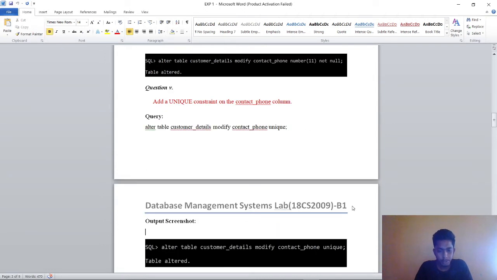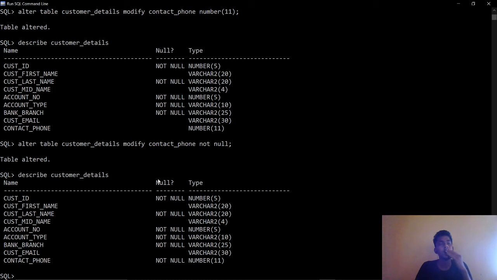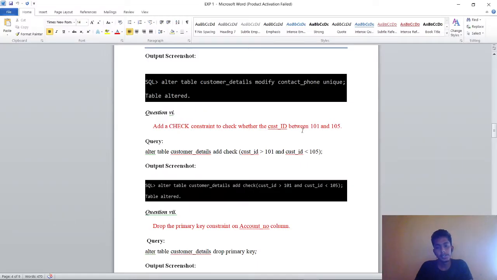Next, we are going to add a check constraint to check whether the customer ID is between 101 and 105. What this statement says is that we have created a customer ID of type number, so while inserting data in the table, the customer ID should be between 101 and 105.